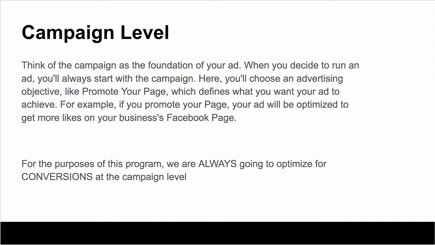Now, as I mentioned, for the purposes of this program, we will always 100% of the time optimize our campaigns for conversions. We're never going to run campaigns to promote our page or get page likes or get clicks. Every single campaign that I'm going to show you how to set up in here is going to be optimized for conversions.